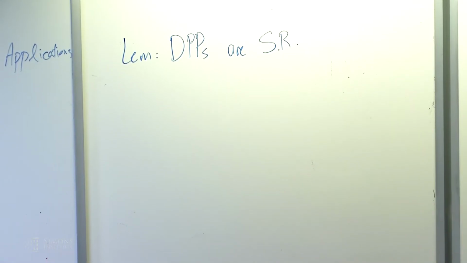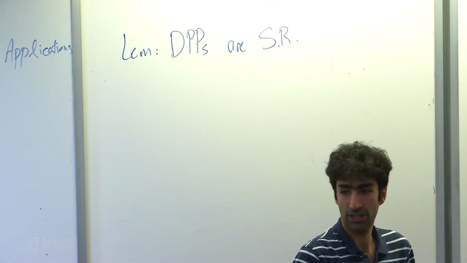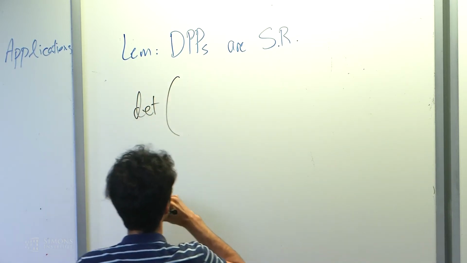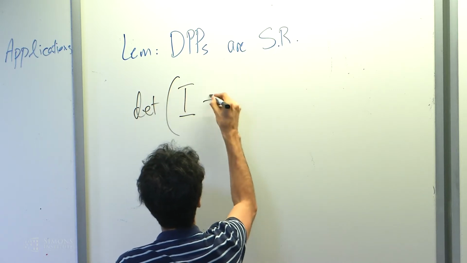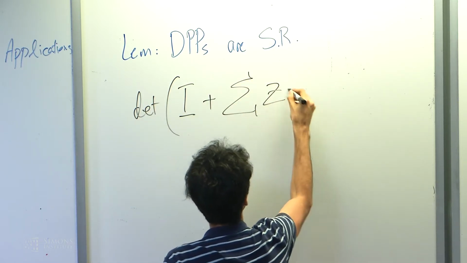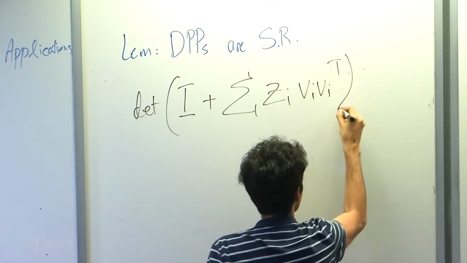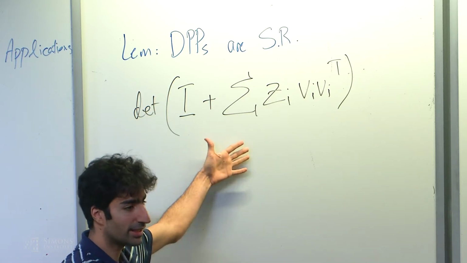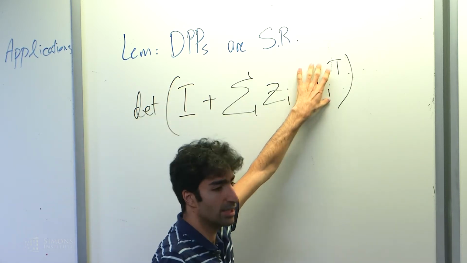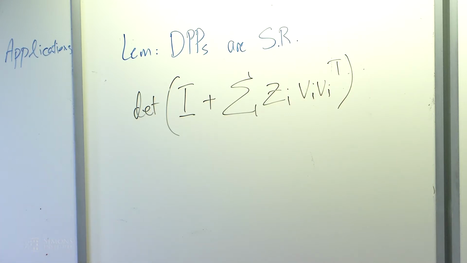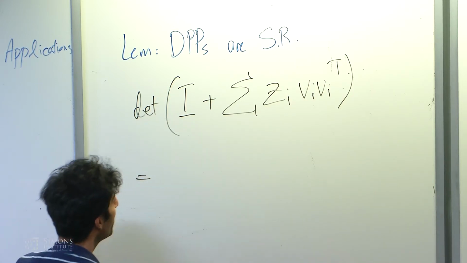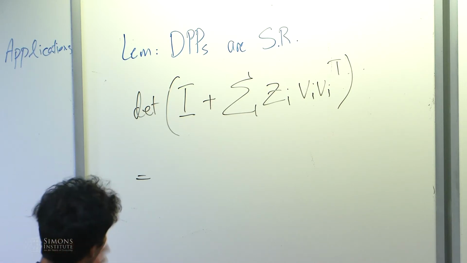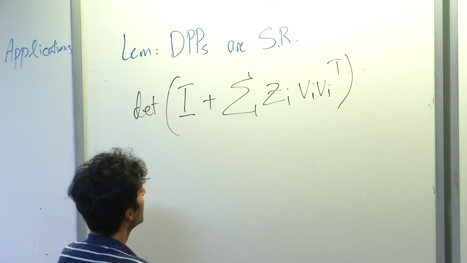So how do you prove that? Again, you use the mother of all stable polynomial theorems. So you basically write down the determinant of I plus the summation of Zi Vi Vi transpose. Okay, so again, this is a real stable polynomial because this is symmetric, and these are rank 1 PSD matrices. When you open this up, again, you have to use Cauchy-Binet. This time it's a little bit more involved Cauchy-Binet, but basically, when you open this up, it turns out that